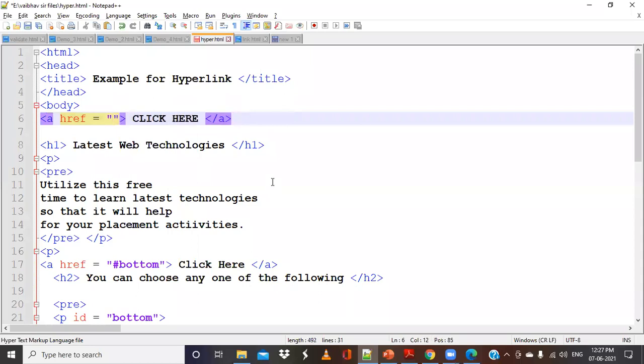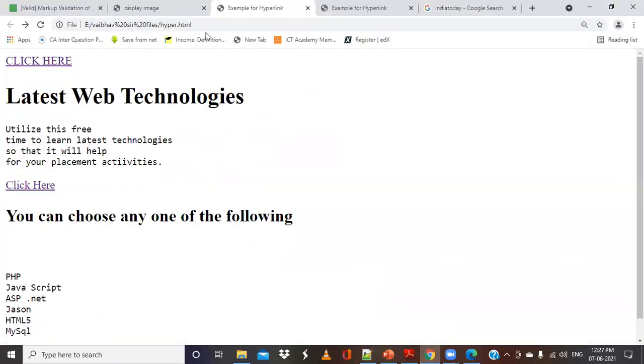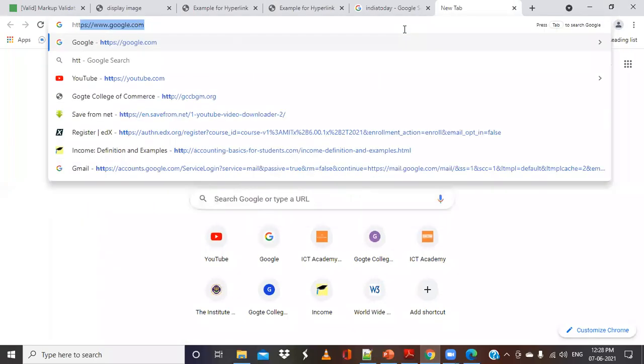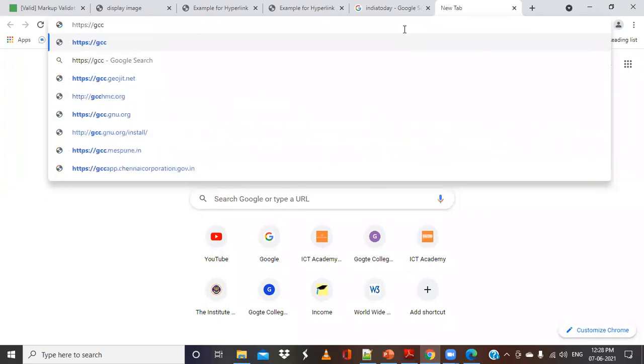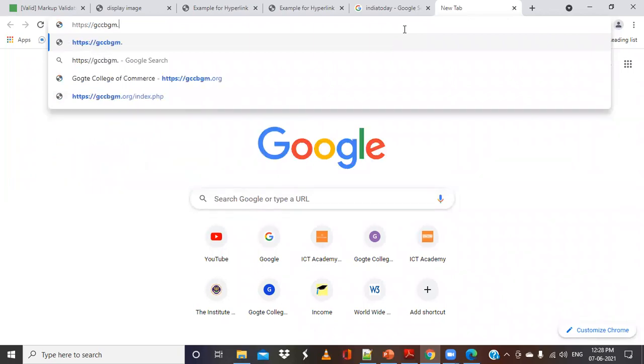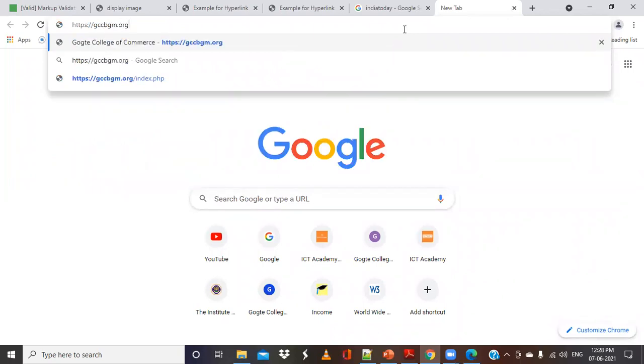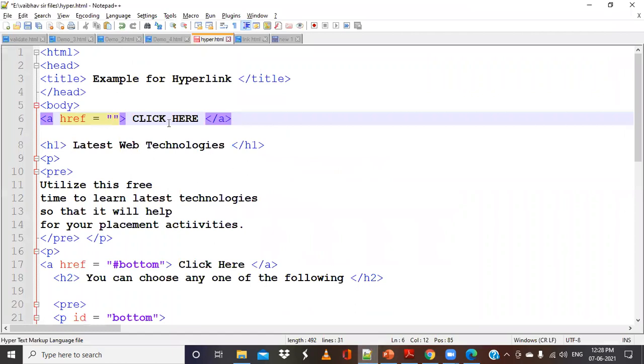Instead of this, I will take my college, gcc.bgm.org. Okay, so this I will copy and I will put this inside my code.